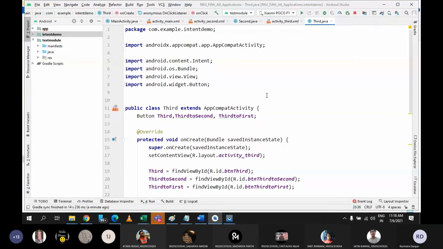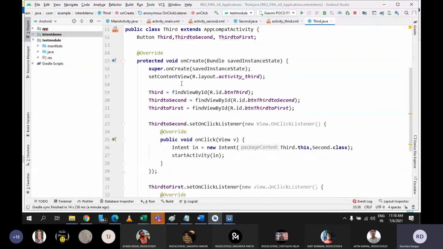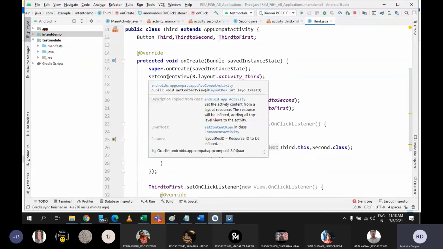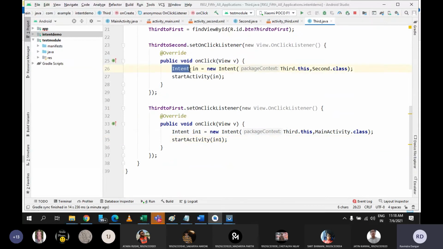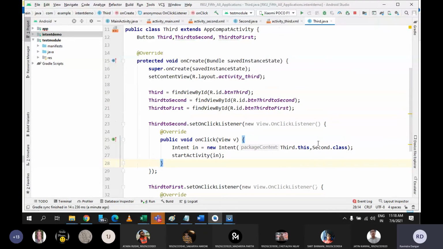So today we have discussed about how you can navigate from any one activity to another activity using the concept of intent. Again, I'm repeating, to use intent, you can create an object of intent. While creating an object of intent, you need to pass 2 parameters, where your first parameter is the current activity. In whatever activity you are, that object you will have to pass here. So let's say if you are in third activity, you need to write third.this. This will refer that you are in the third activity itself.